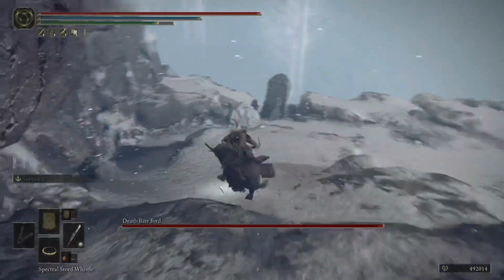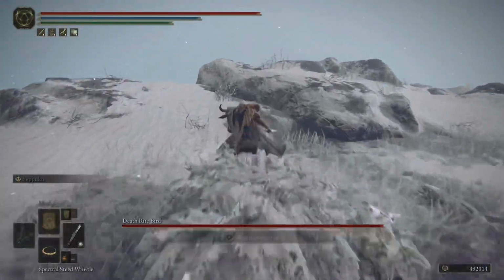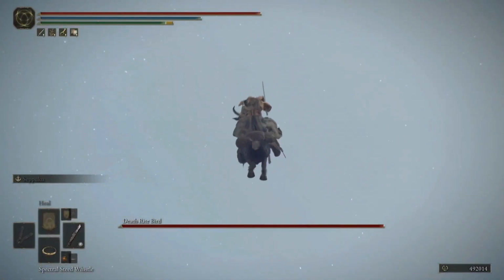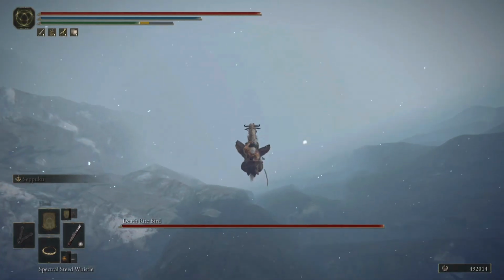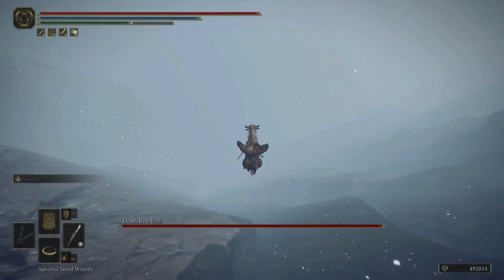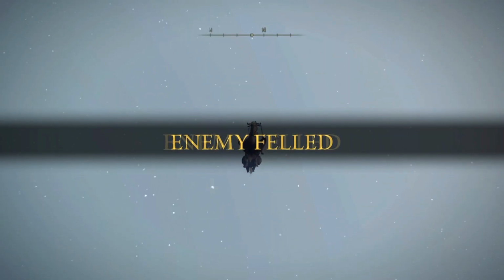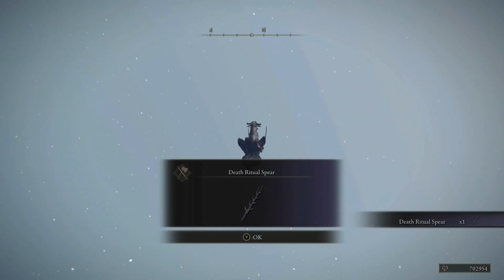And once you've gotten that Deathrite bird to spawn, all you're going to do is make your way back down this path right here from where we came, and then you're specifically going to jump off these rocks right here. And make sure you delay that second jump as much as you can, start swinging, and then just fall. So once you've been falling for about a minute to a minute and a half, while swinging your sword,